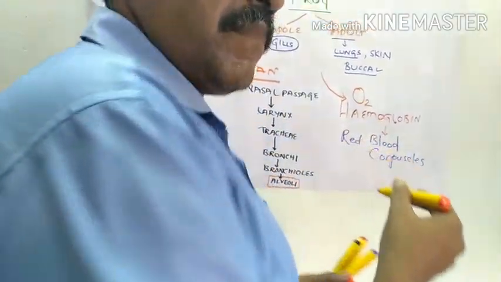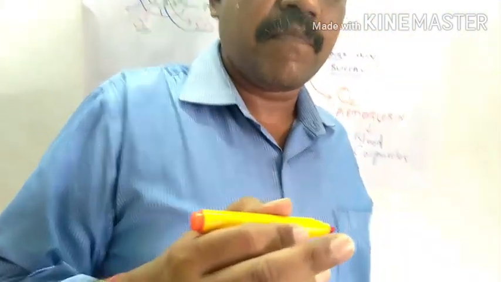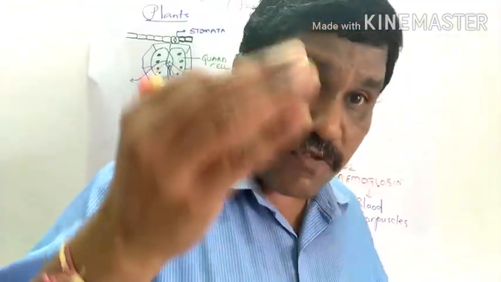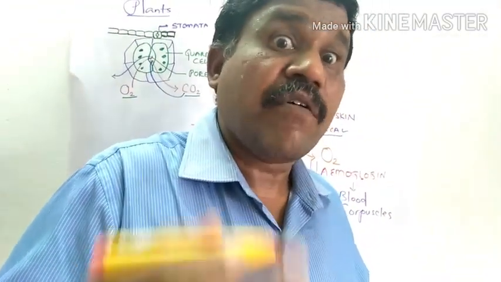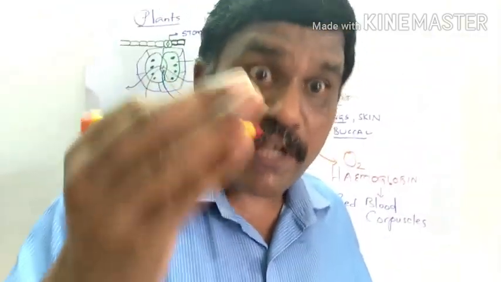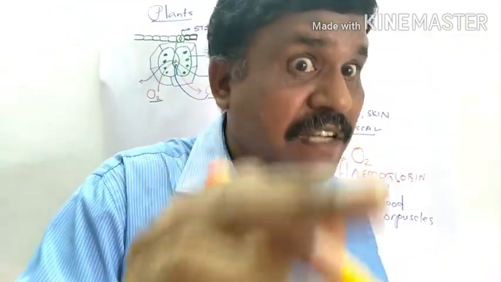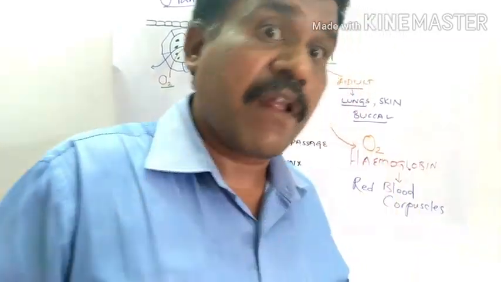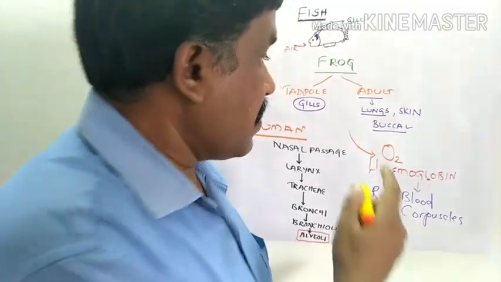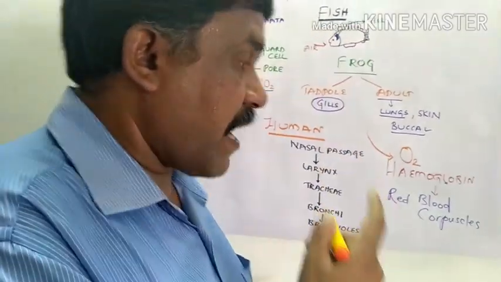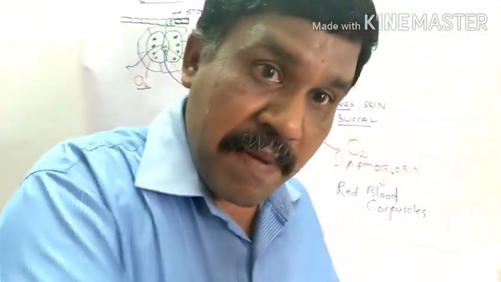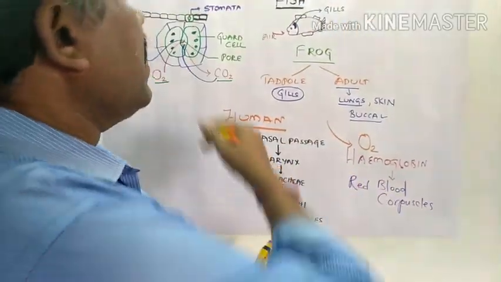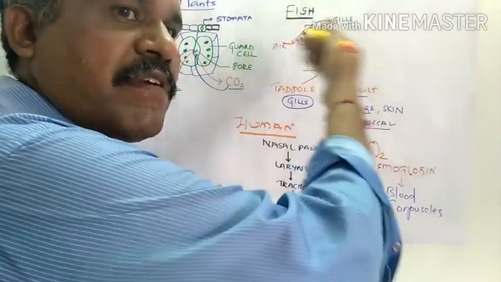Just imagine if hemoglobin were not present in the human body. It's not imaginable. It's impossible for us to exist. I told you that it takes almost 3 years for a molecule of oxygen to reach the toe region, so just imagine, the cells would all perish. So hemoglobin is a very crucial molecule, responsible for carrying the oxygen, and at the same time bringing back the carbon dioxide also. Is it clear, children? This is about the mechanism of respiration occurring in different types of living organisms.